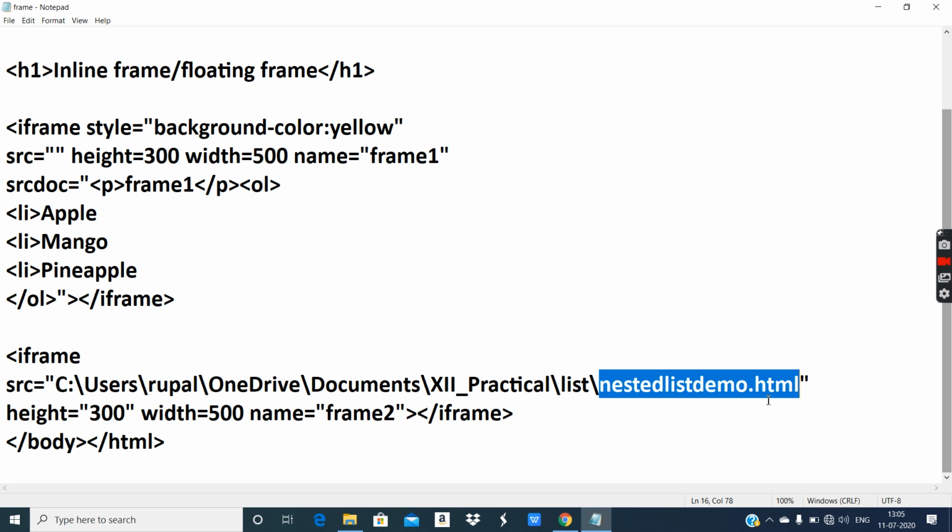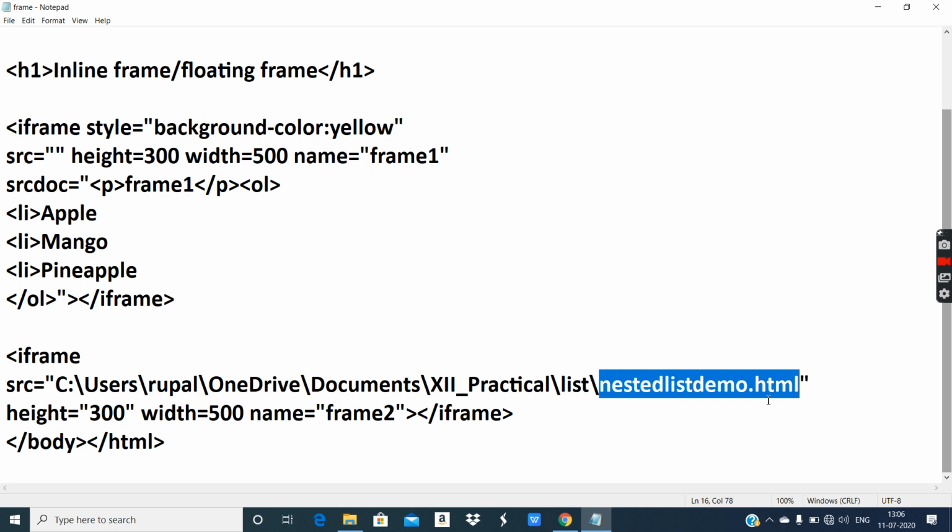You are familiar that the src attribute is already used in the img tag, video tag as well as audio tag. Accordingly, src is capable of displaying image, audio and video. But not only that, src is also capable of displaying any pre-existing html file available in your local disk.